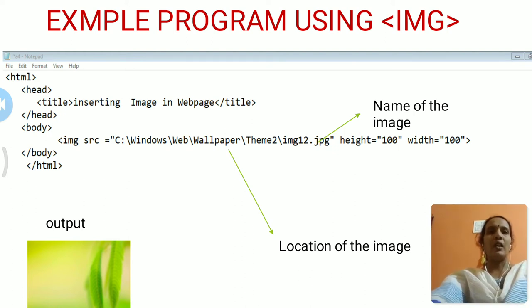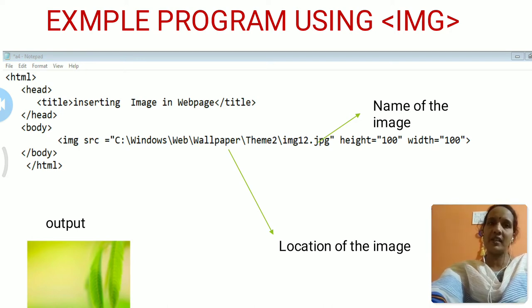Inside Windows, web is a folder. Inside web, wallpaper is a folder. Inside wallpaper, theme2 is a folder. Inside the theme2 folder, img12.jpg is there. img12.jpg is the name of the image. And the height of the image is 100 pixels, and the width is also 100 pixels.